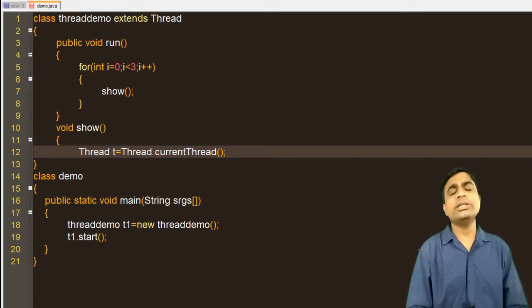Here I am using only a single thread, but if you create multiple threads, we don't know which thread is calling first, then second, then third. So whichever thread is calling, we get that particular thread in t.